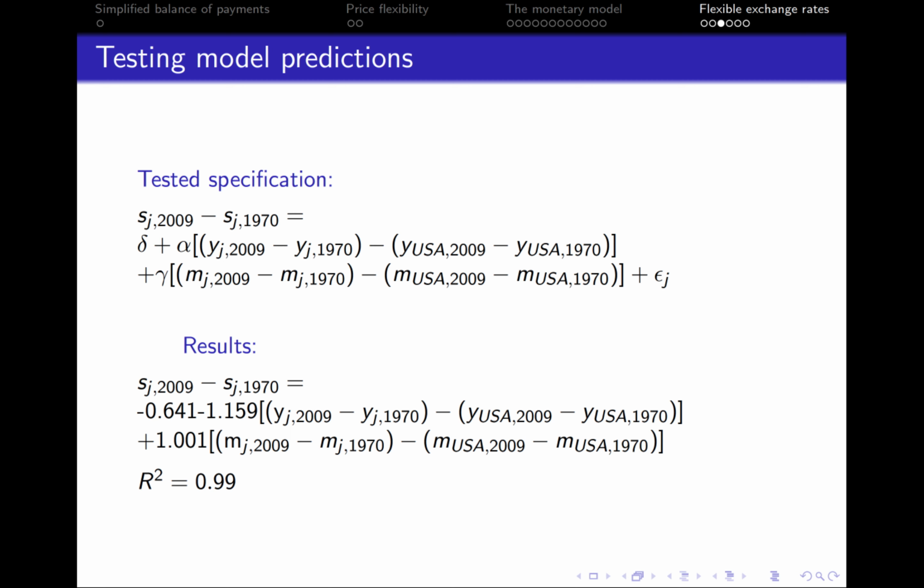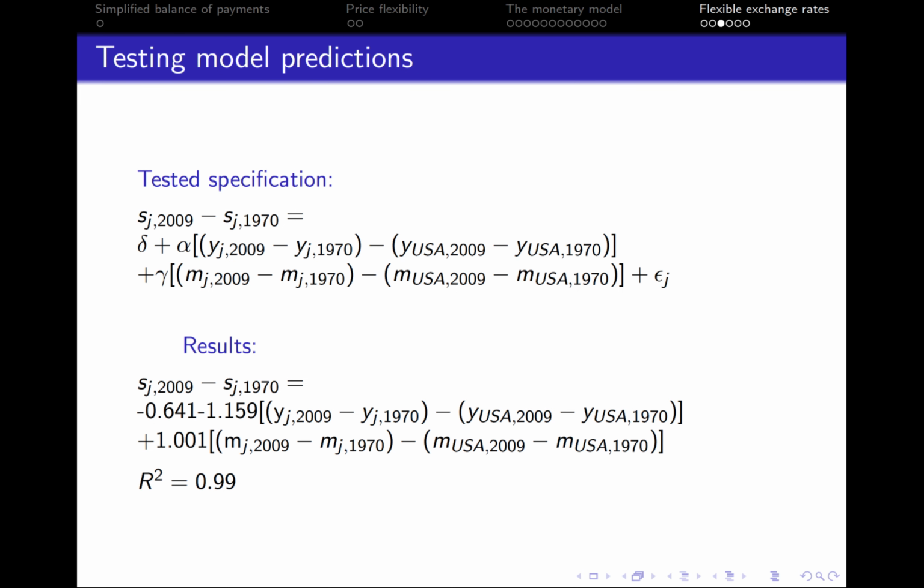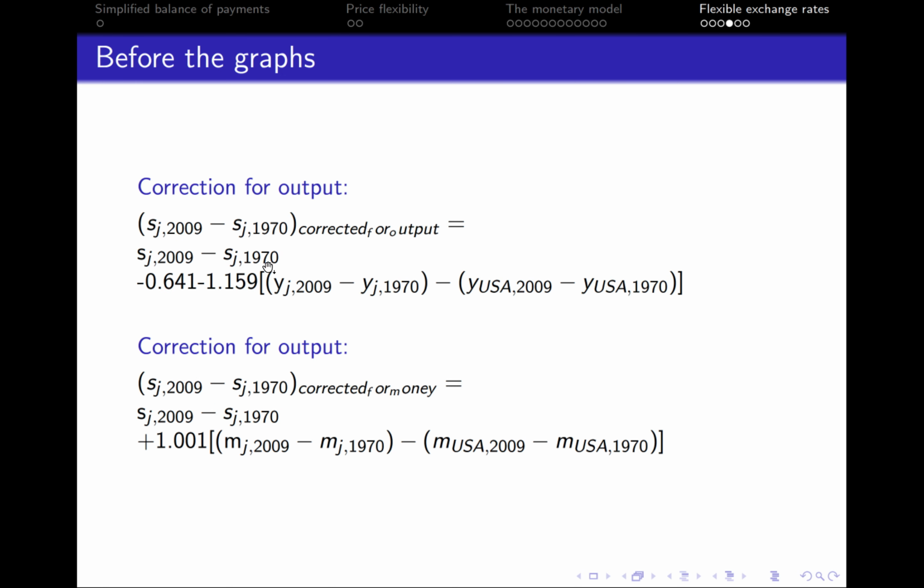Okay, now I want to show you this on a graph, but before we can do so, we need to make some corrections. If I want to put on one graph, for example, changes in exchange rate and changes in money supply, in order to make the graph fit properly, I need to first make corrections for output. How do I do it? I just simply subtract from changes in exchange rate. I'm sorry, this